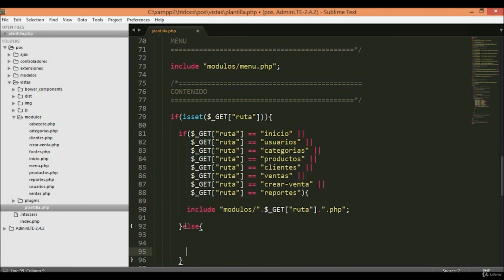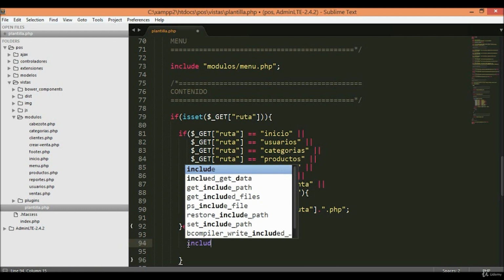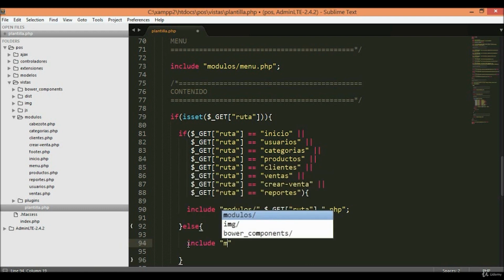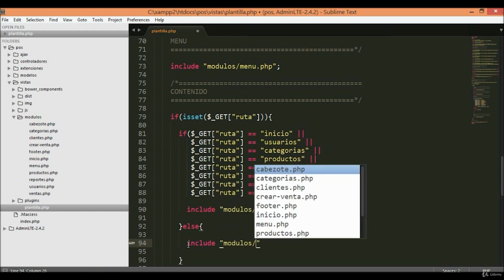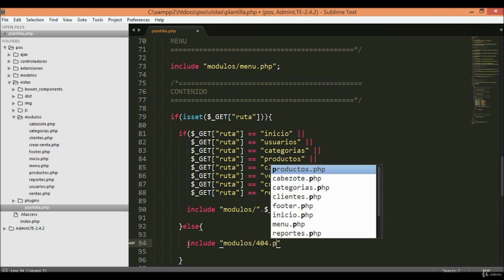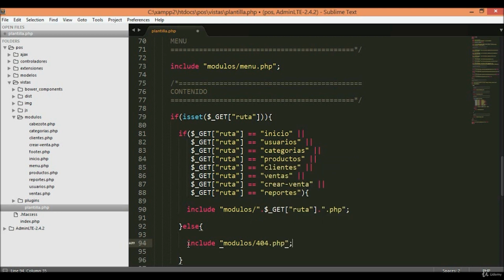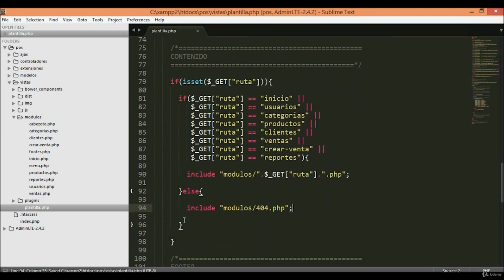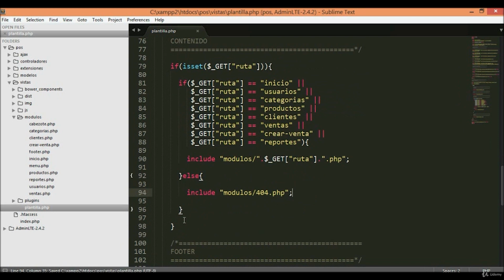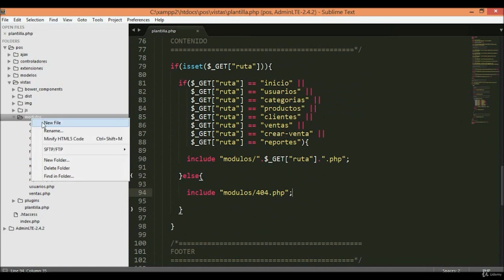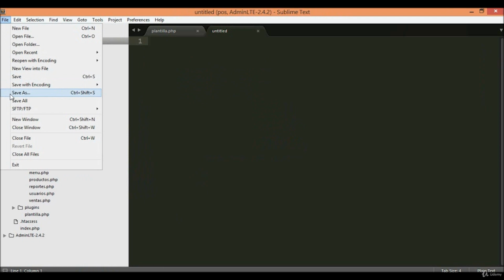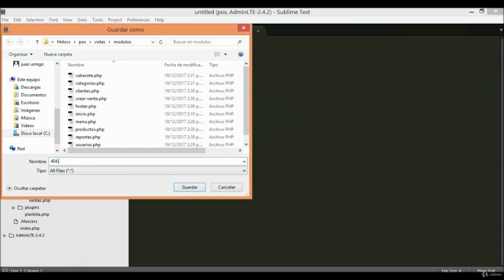We can set here an else if these URLs are not included in the root. We can open this 404.php file. Okay, let's create that. Save as